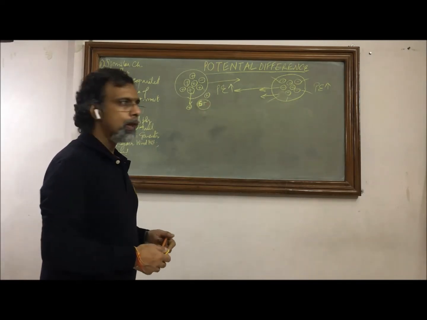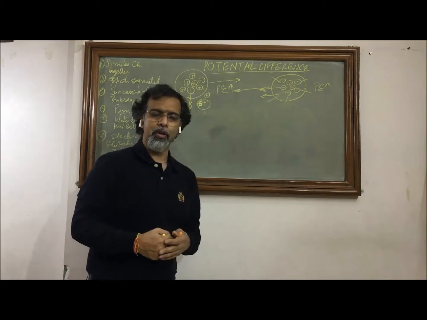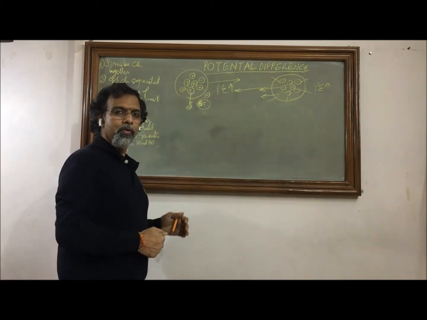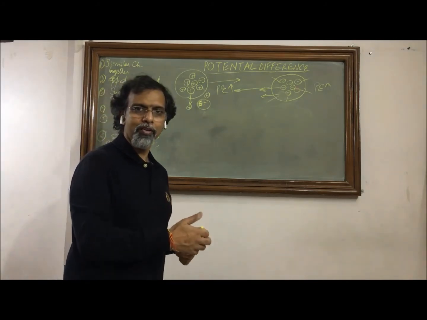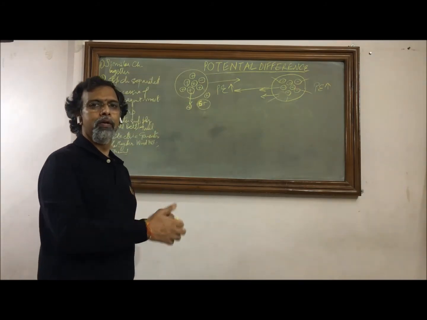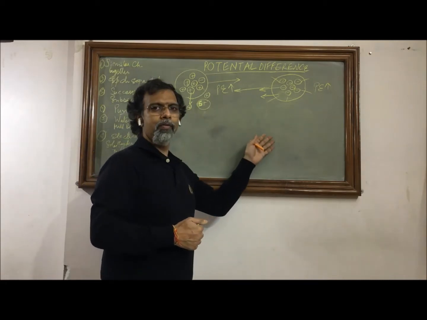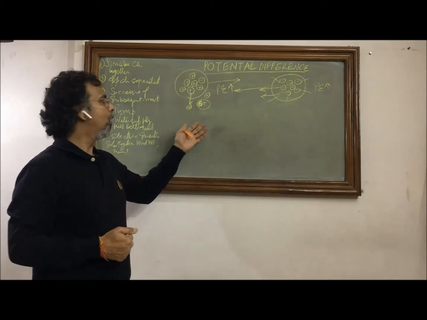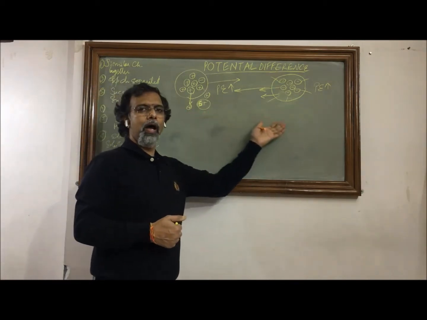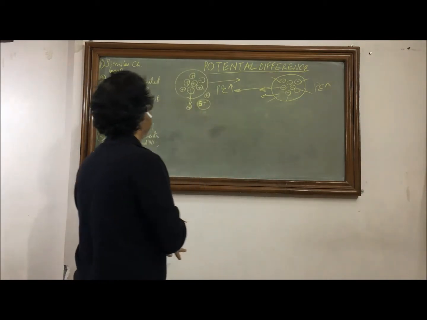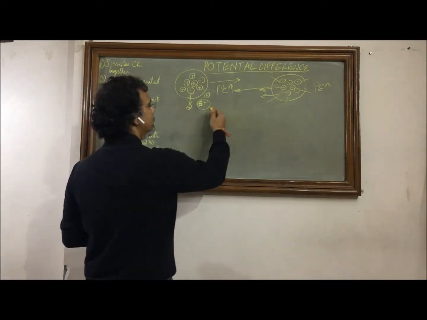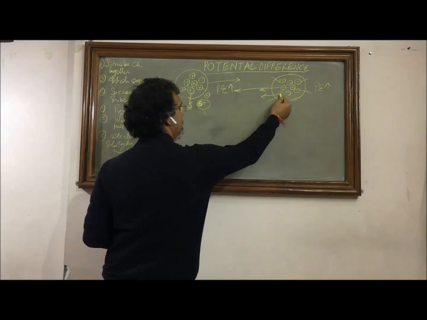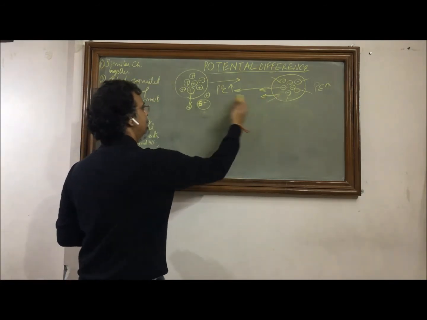Because one positive charge is nullified by the effect of one negative charge that is now introduced in this family. What I mean to say is, in a situation where we have a potential difference, successive movement of charges will not be as forceful as the first one. The first one will be the most energetic because it is pulled by higher electric attraction forces. The next one, of course, there is an attraction, so this will come, but this will not come with the same energy.